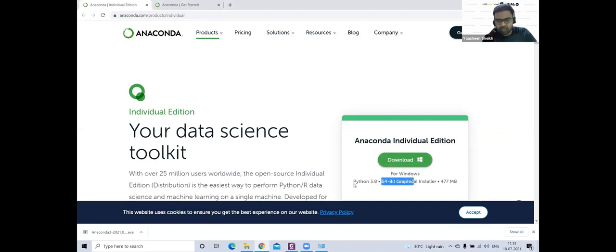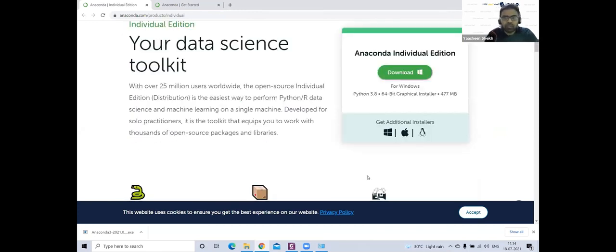So 3.8 is the Python, 3.8 is the latest. So that is available for you. I think I already installed it. I think I did sometime in January, February in this new system. So I have probably Python 3.7, I guess, at that point of time. Okay, so you can download the latest version that you have. Okay, so once you do it,